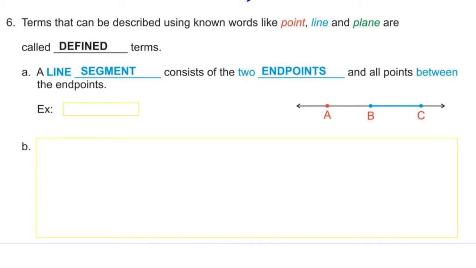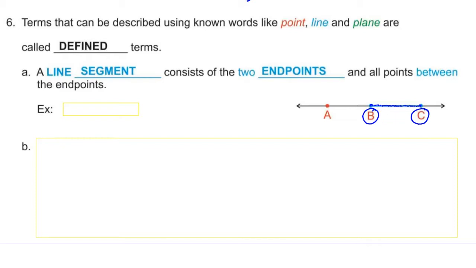So you can see in blue here, I have a line segment illustrated. I've got an endpoint at point B. I've got an endpoint at point C. And notice the rest is blue because it's point B, point C, and this point, this one, this one, all the way to there, right? That is a line segment. So let me ask you this. How many points are there? Is the number of points of the line segment infinite or finite?